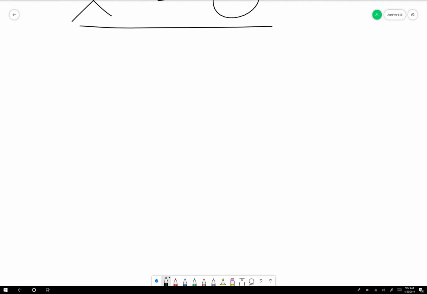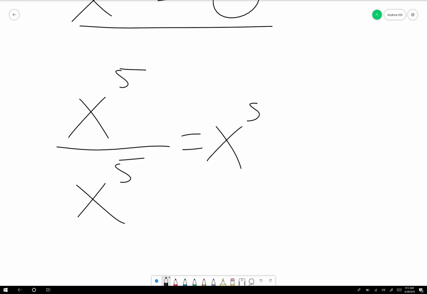Well, a way to think about that would be, what if I had x to, let's say, the 5th power, I'm just picking a number arbitrarily, divided by x to the 5th power. What if I did this? Well, by one of the rules of exponents that we know, that's going to equal x to the 5 minus 5, which is also going to equal